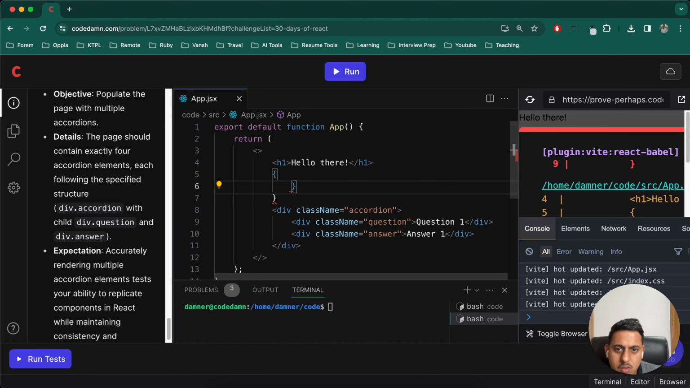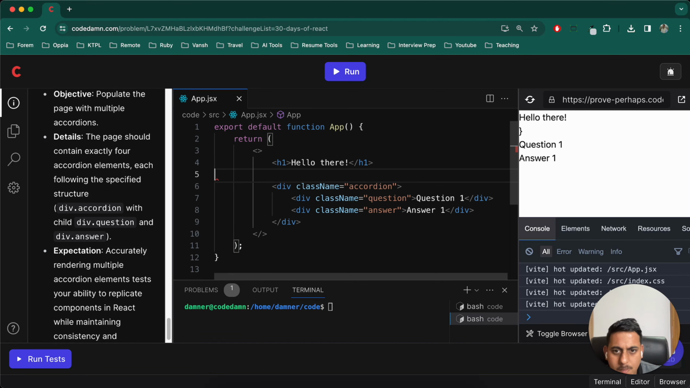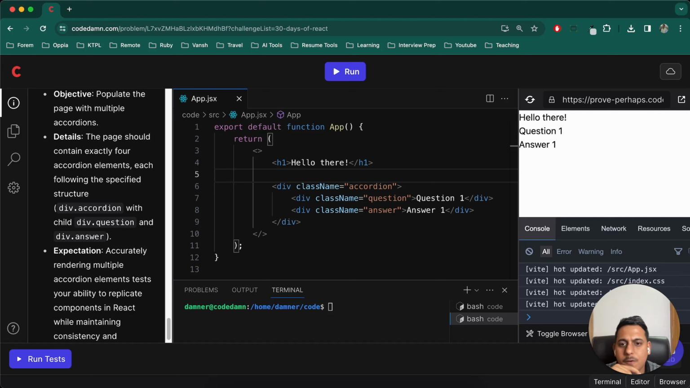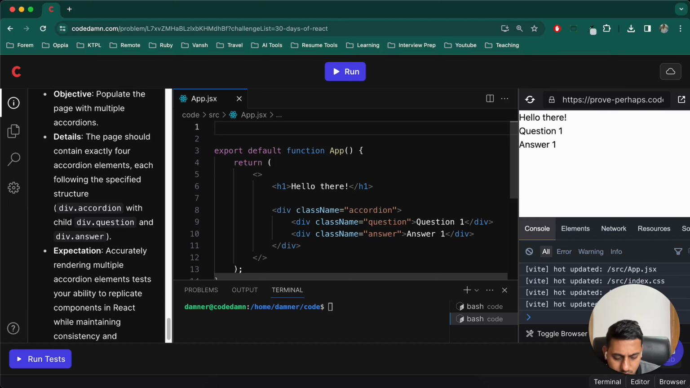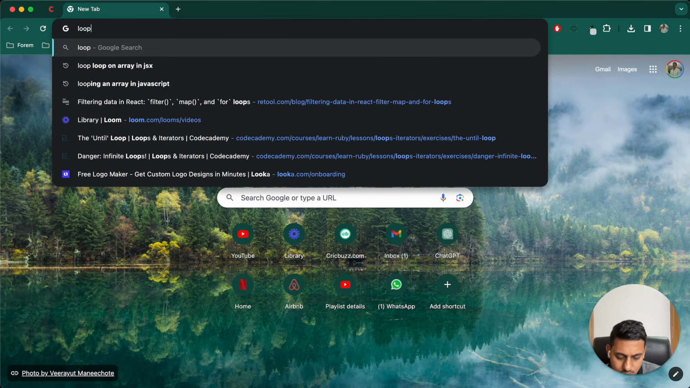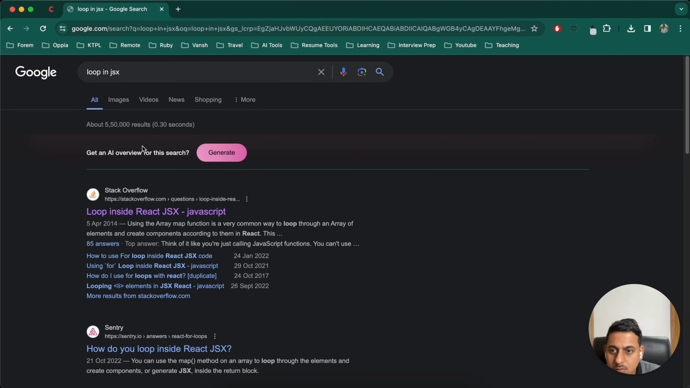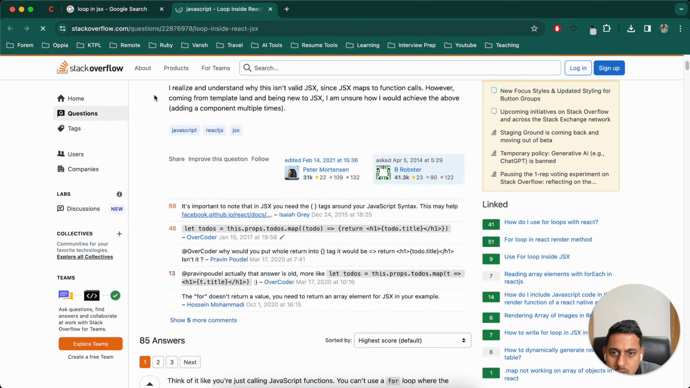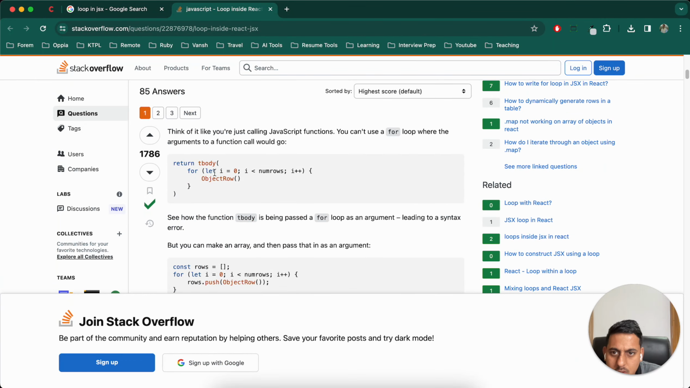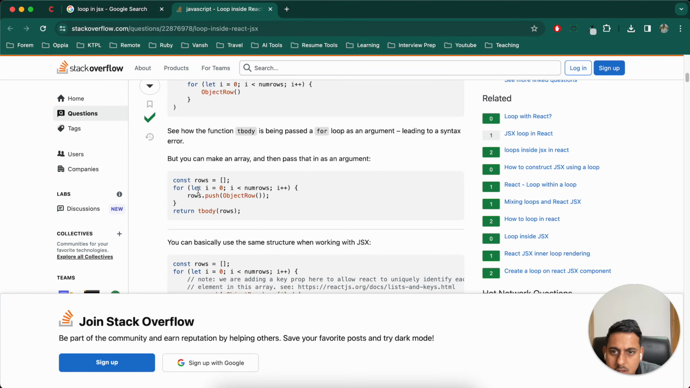Okay, because we are trying to do this 4 times, that's why. Something else we will have to do. What can I do? Maybe create a separate component. Loop inside React JSX. Okay, they are starting directly. No, the body, this. Okay,